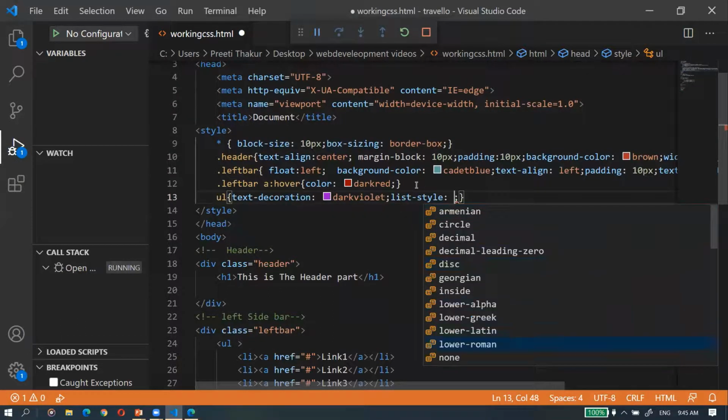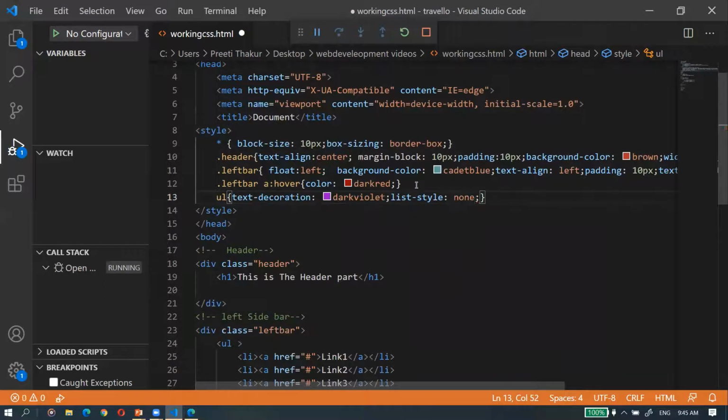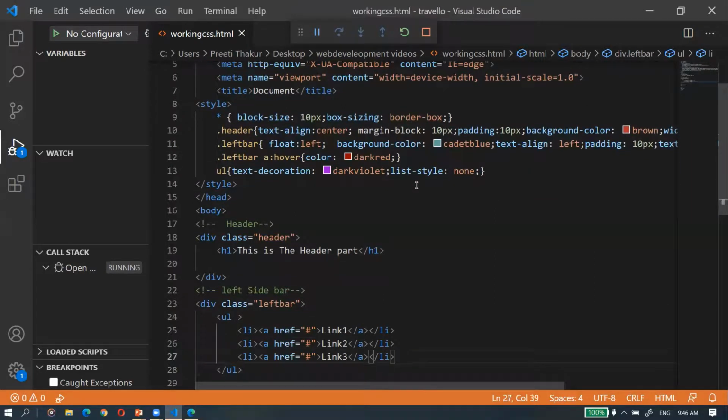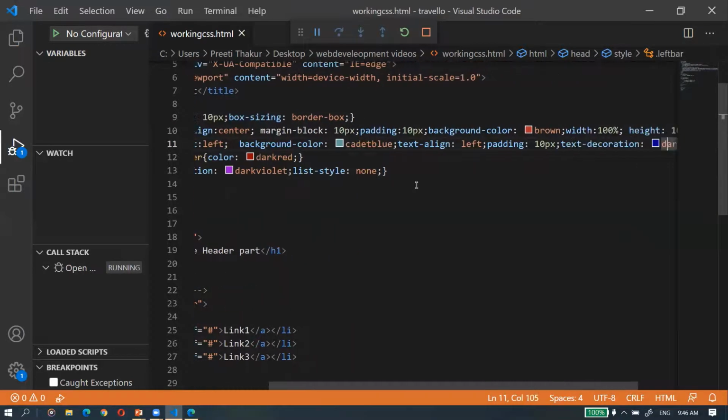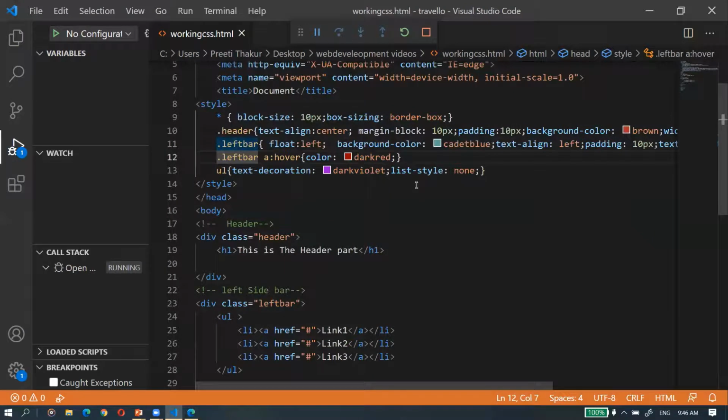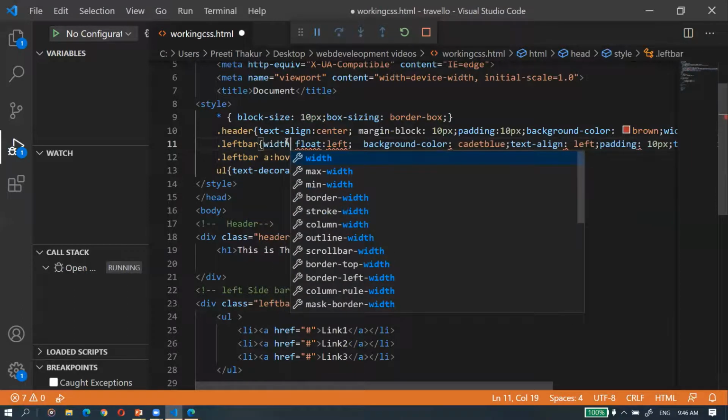None, because I don't want a dot or something, so I'm giving it none, right? So this way. Okay, and this left bar also I can set the width and height, because I have not set it right now, so I'm just going to set the width and height of this left sidebar so that it will be properly set.